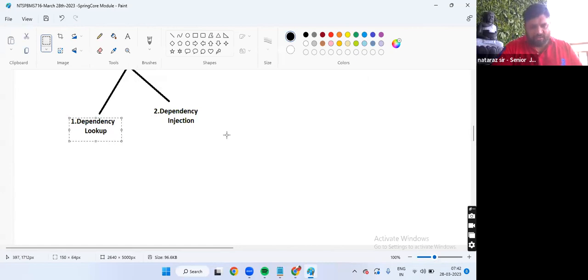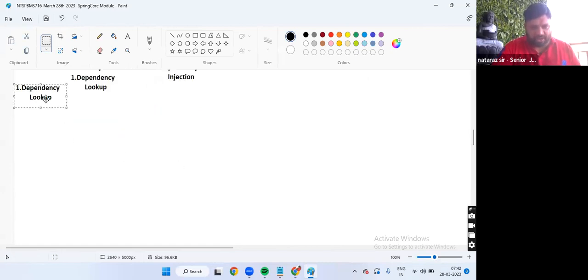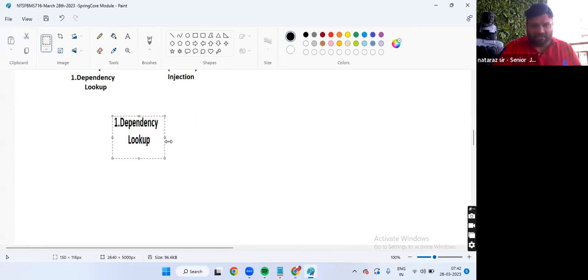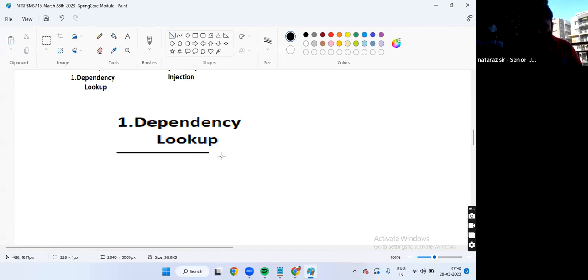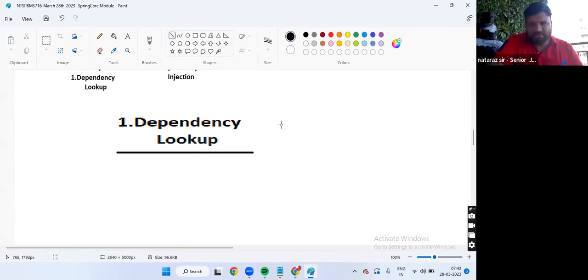Let's start understanding what is dependency lookup. Focus. All these terminologies will come a lot in our further coding. Whatever you study now will be exactly reflected in your coding. Dependency lookup, guys.